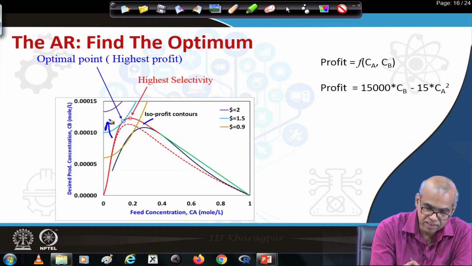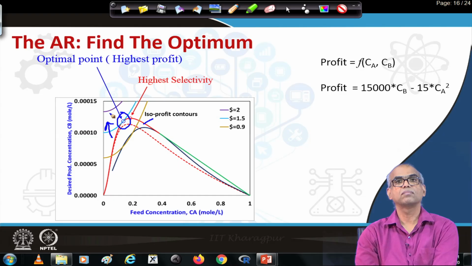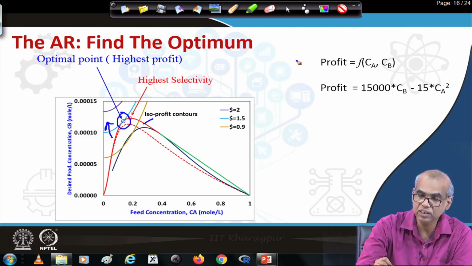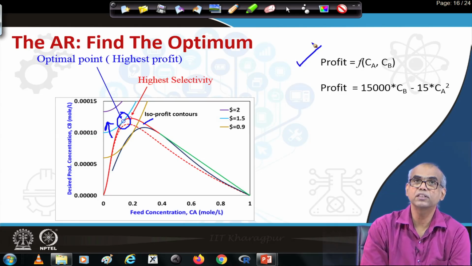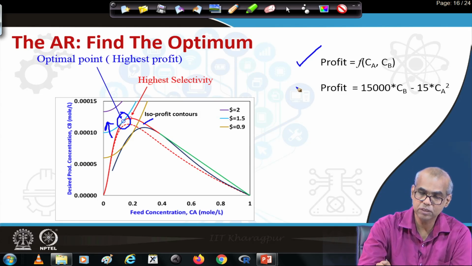That is clearly indicated by this point. So, that is the optimal point when my objective function is a function of A and B. For example, in this particular case this,